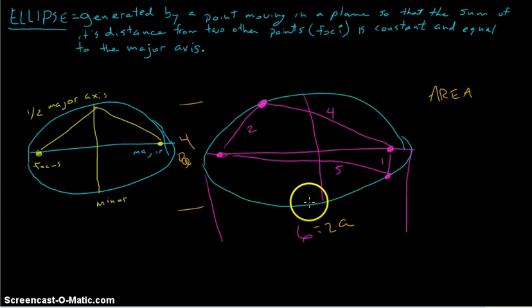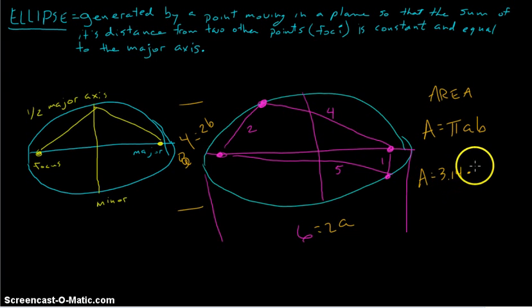And so basically half of that is B and the other half is A. So our formula for the area of an ellipse is area equals pi A B. So in this instance, we have pi 3.14, and our A would be 3, and our B would be 2. So our area would be 3.14 times 3 times 2. Our area of this ellipse would equal 18.8